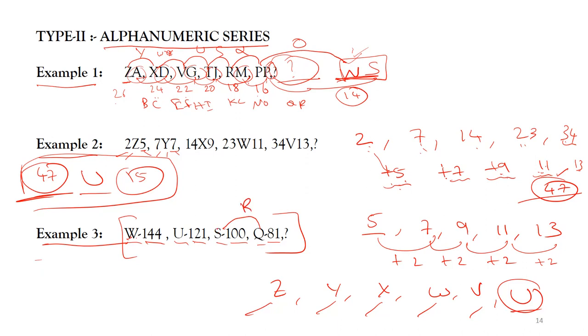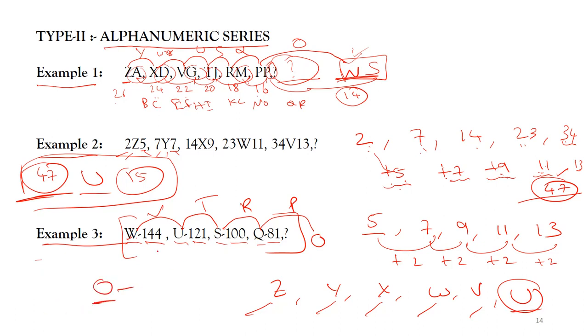Q, R, S, S, T, U, U, V, W. So there is a one letter gap, or convert the letters into numbers and you get it. So obviously there should be a one letter gap as well. If I write O here, O, P, Q. So my first term of the answer should be O.